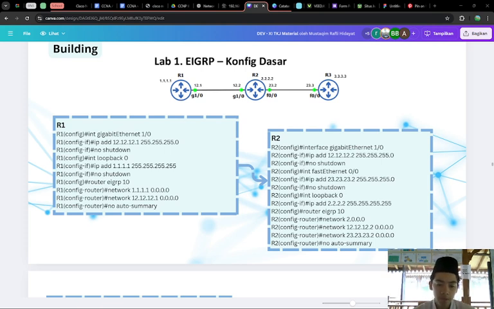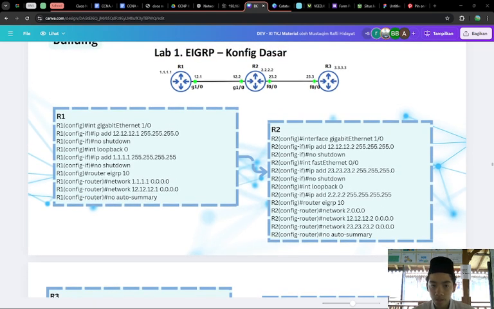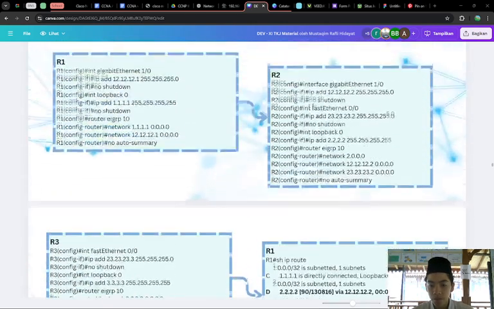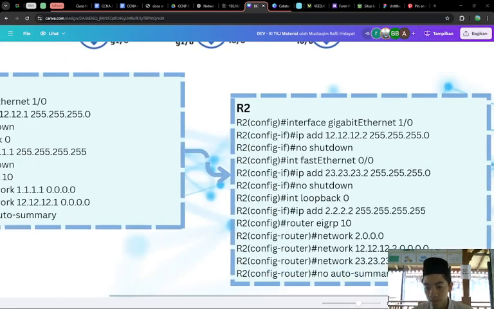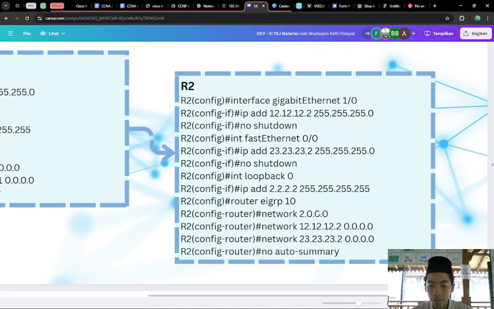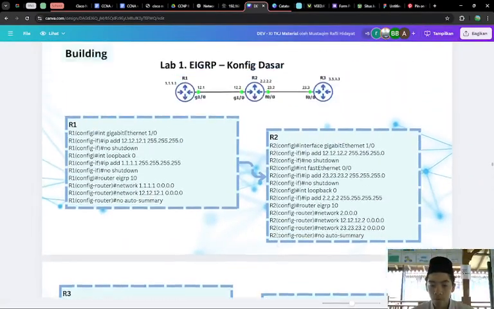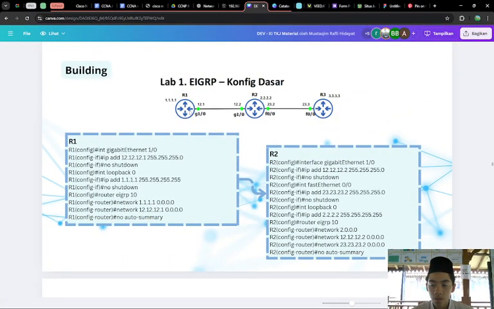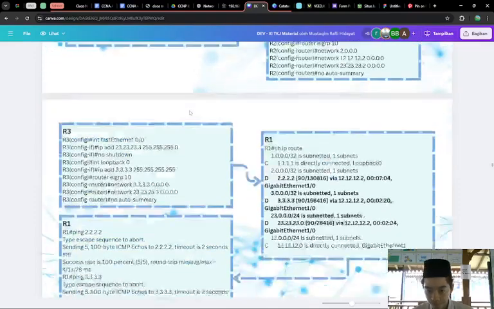router EIGRP 10 and network. Yes, and the same for routers 1, 2, and 3. You can add the IP address and then add your network for EIGRP.